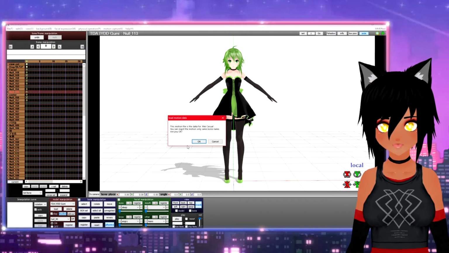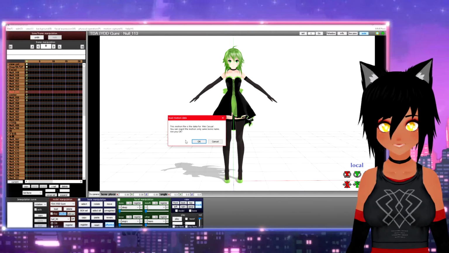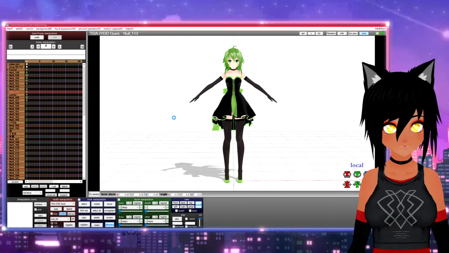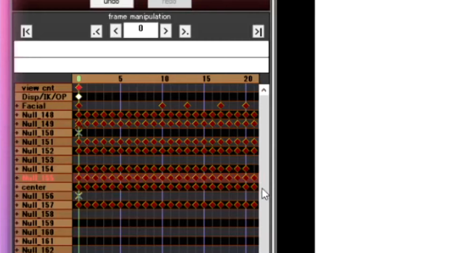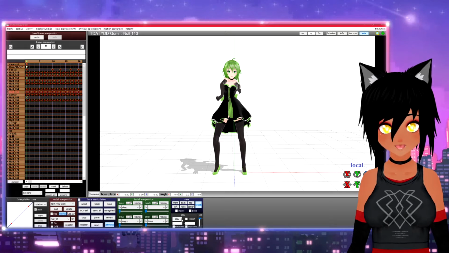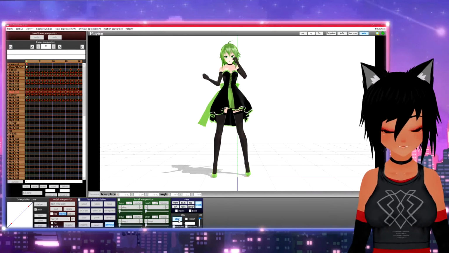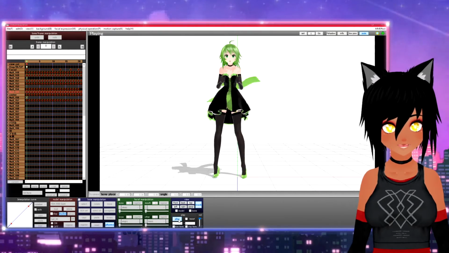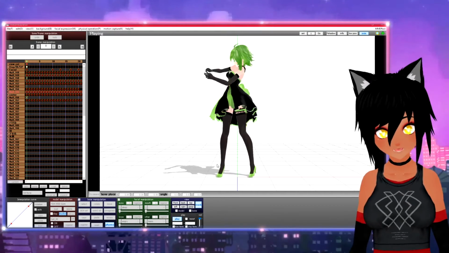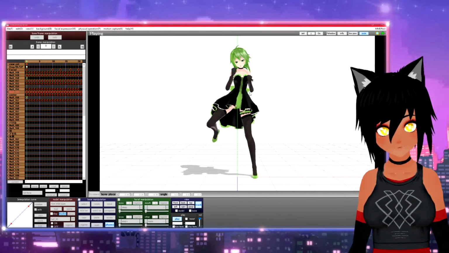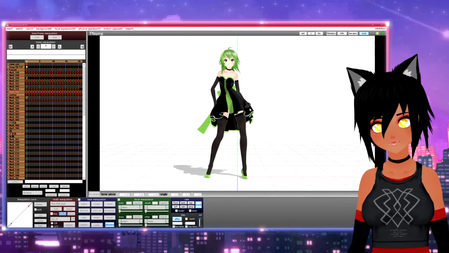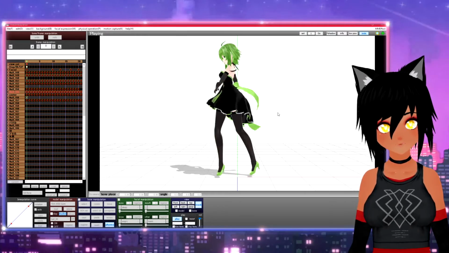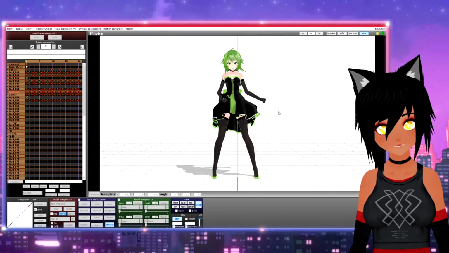There we go. Let's pull up this motion. It'll pop up, say, are you okay? And it might take a couple seconds. It also depends on how long it is. And look at that. Aren't you glad you didn't have to do that yourself? So now you can come down here and click play and see how it looks. And look at that. Beautiful. Now she's dancing and you didn't have to sit and move all of that yourself. But it's good to at least know how it's done, just in case you want to experiment with it. You can always have fun.